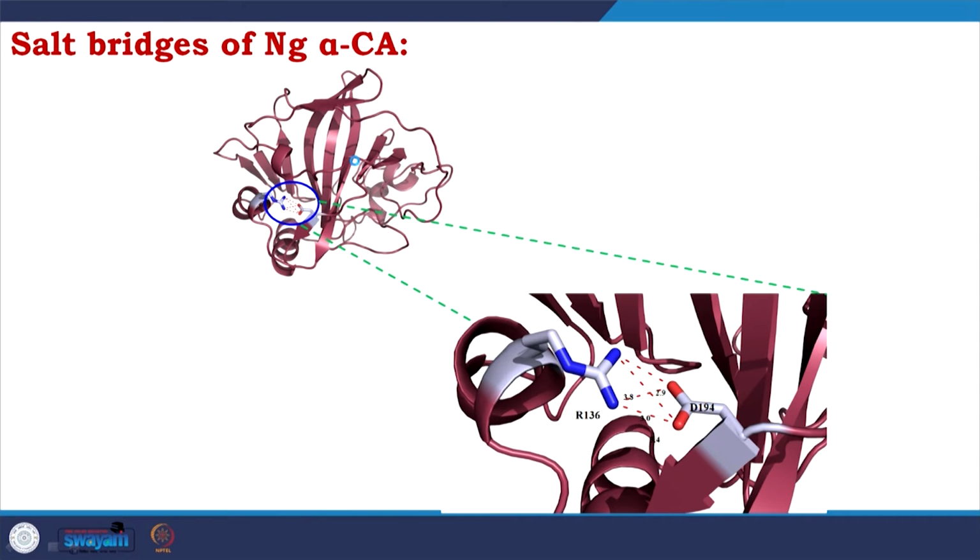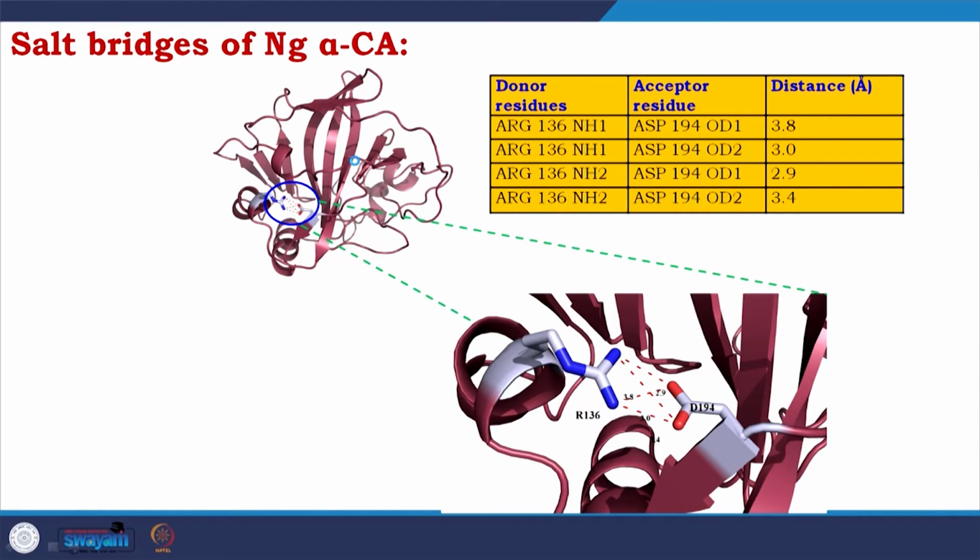We have also checked the salt bridges. Salt bridges are non-covalent interactions, but because of the development of real charge, the interactions are really high energy when you compare between the non-covalent interactions. So, in the case of Ng alpha Ca, we see that the interactions happen mostly with 2 amino acids, the pair arginine 136 and aspartate 194. So, we have observed one salt bridge formation in the case of Ng alpha Ca,